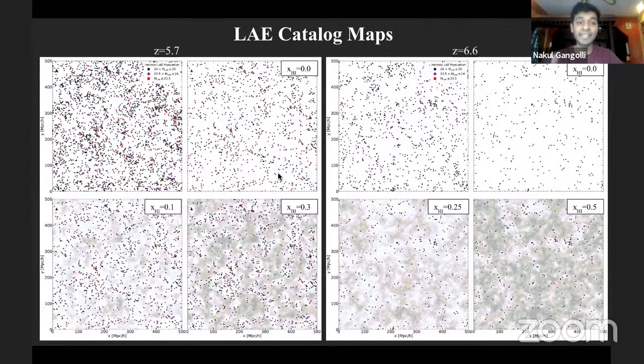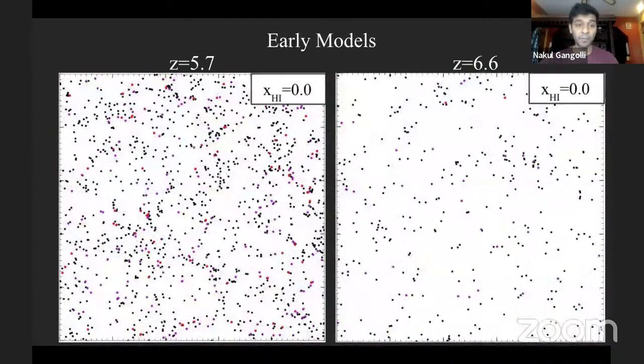And what we begin to see is that where these points are the LAEs and the shaded regions are the neutral gas, the more neutral gas that we add, the larger these voids are getting in the LAE large scale structure distribution. And to make that point concrete, if I blink between the two,